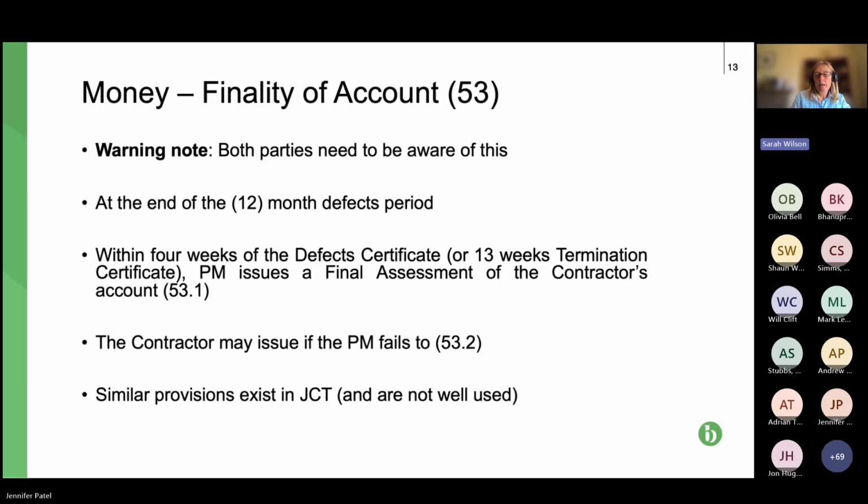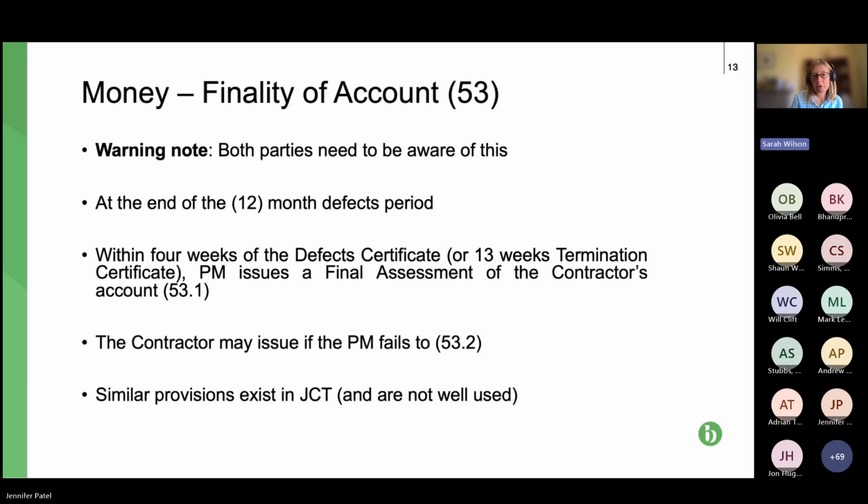It's very similar to what we have in JCT, albeit that lots of people aren't aware of it in JCT, so that's not helpful when explaining it in a webinar. But it's basically to finalise a final account. So of course, up to NEC3, we haven't had any form of final account in the NEC contract. It seemed a bit odd at first when we're used to having one in JCT, but I think we all got used to it, to be frank. And it's never been a problem in my experience, but now we have one. I have no problem with that